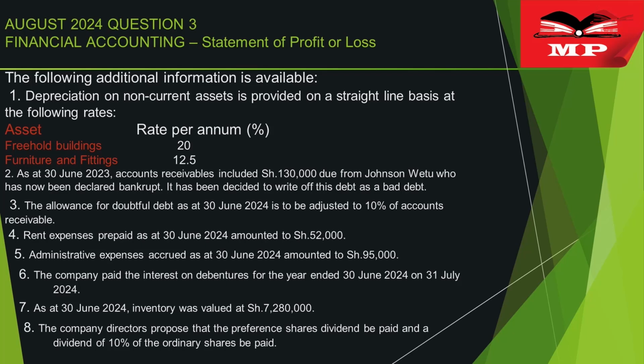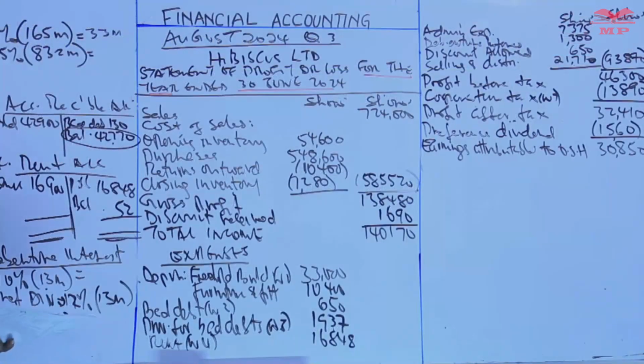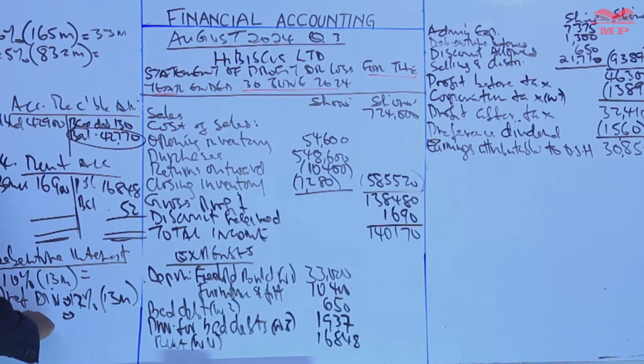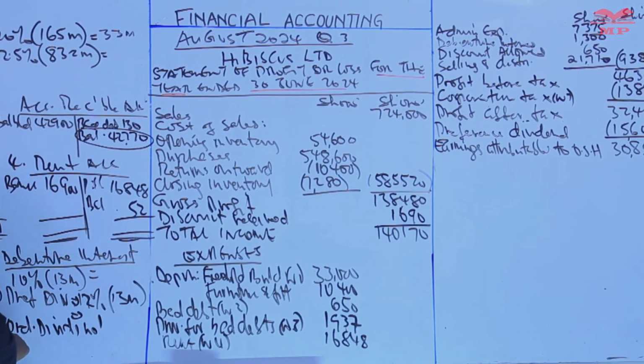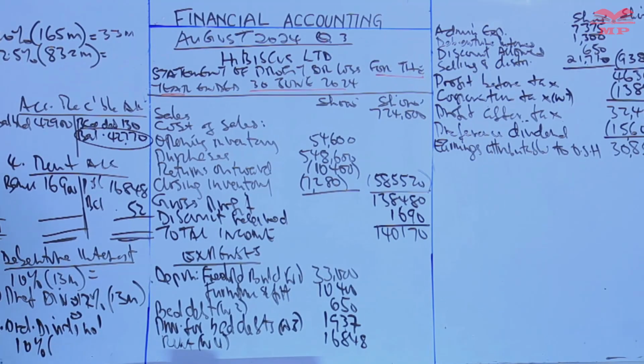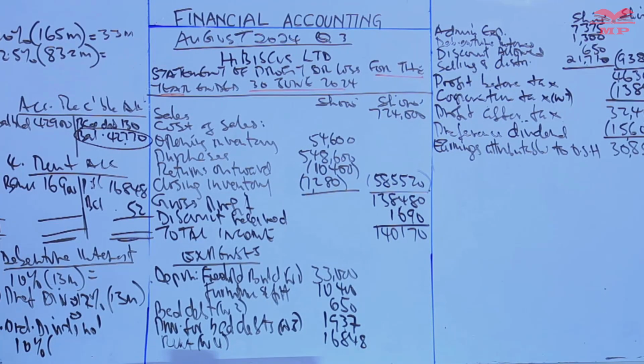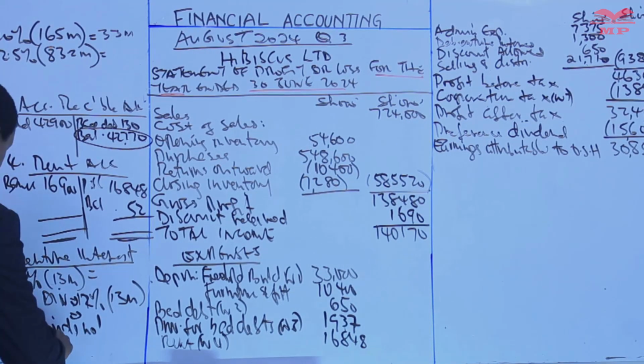Ordinary dividend. We need a working for ordinary dividend, number 9. Ordinary dividend. We read it is just 10% of the par value. What is the par value? Look at the information given. The first item is ordinary share capital, 78 million. 10% of 78 million is